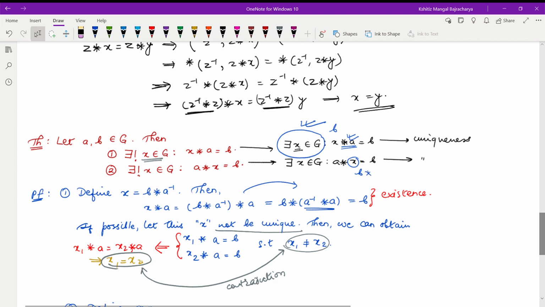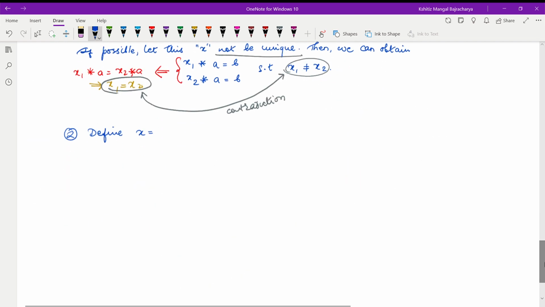Now if we take B star A inverse, we cannot directly remove A from the left hand side. So let's try to remove this A first and then operate it with B. So if we take X to be A inverse star B, then